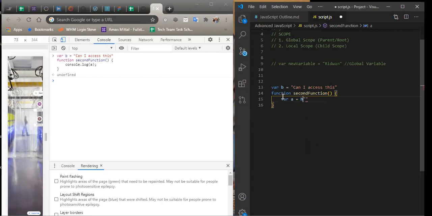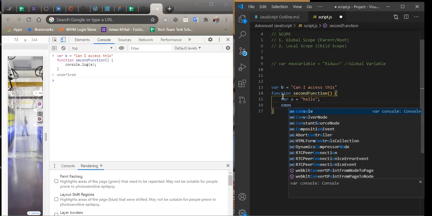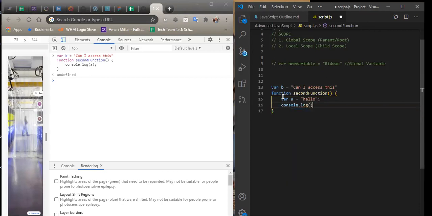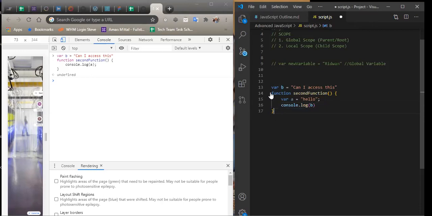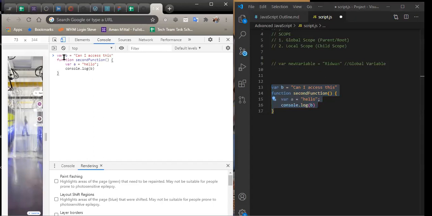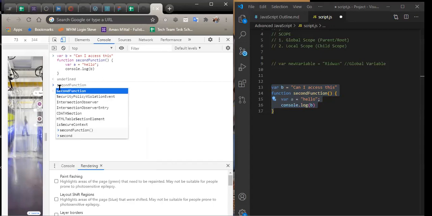So if we have a string of hello here, and a variable outside, and I do console.log b, and I call that function, which is second function,